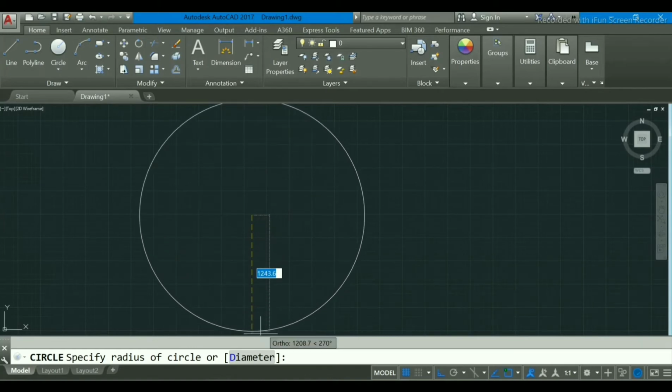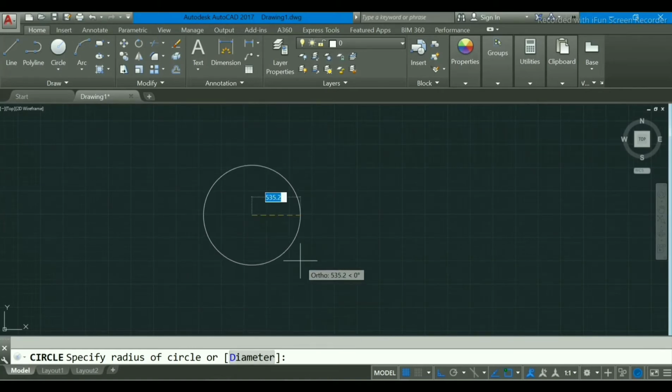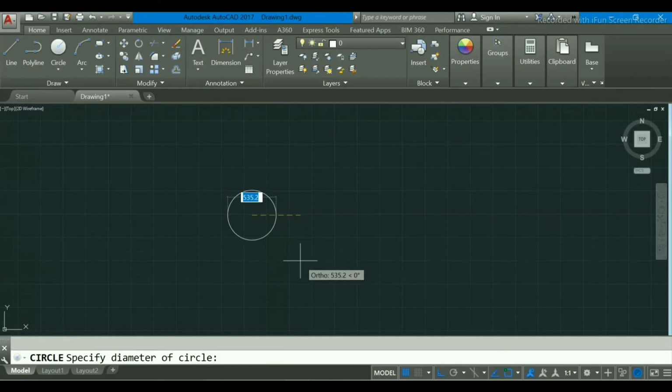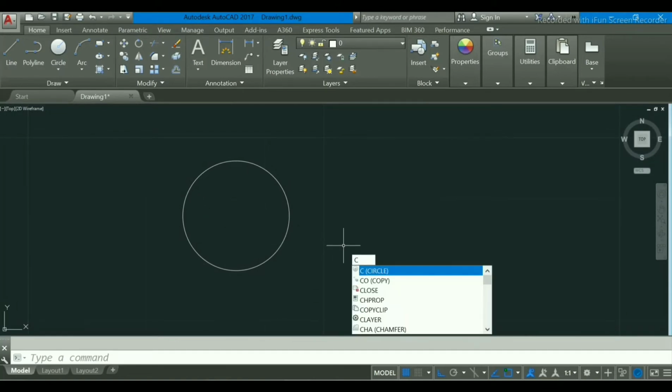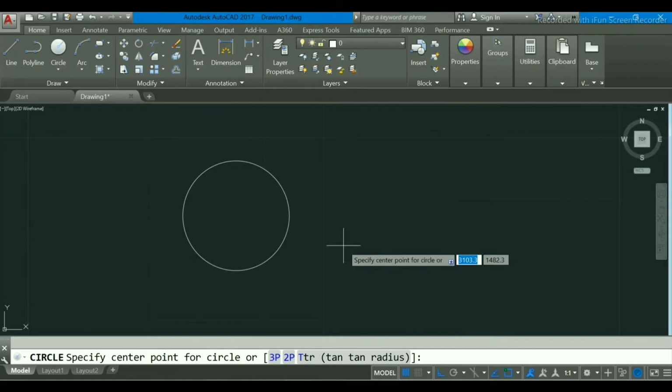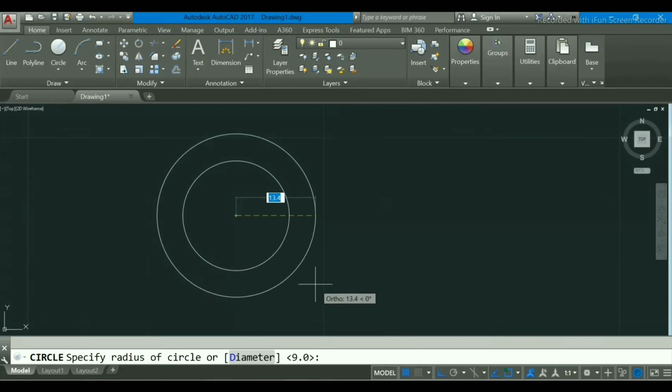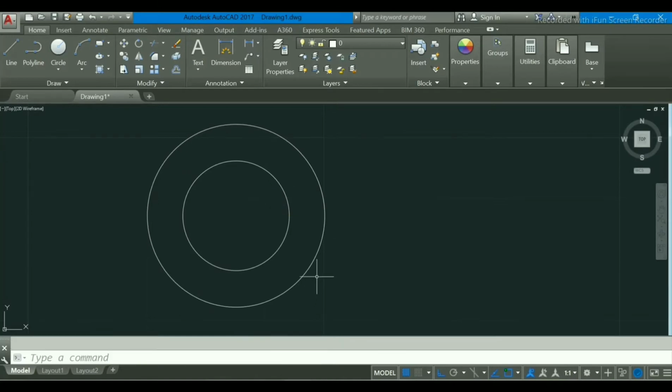First I will make the 18 mm diameter, so press D, enter, and make it 18 mm diameter. See. Now again press C, enter, select the midpoint of this circle and make radius 15 mm. Okay.